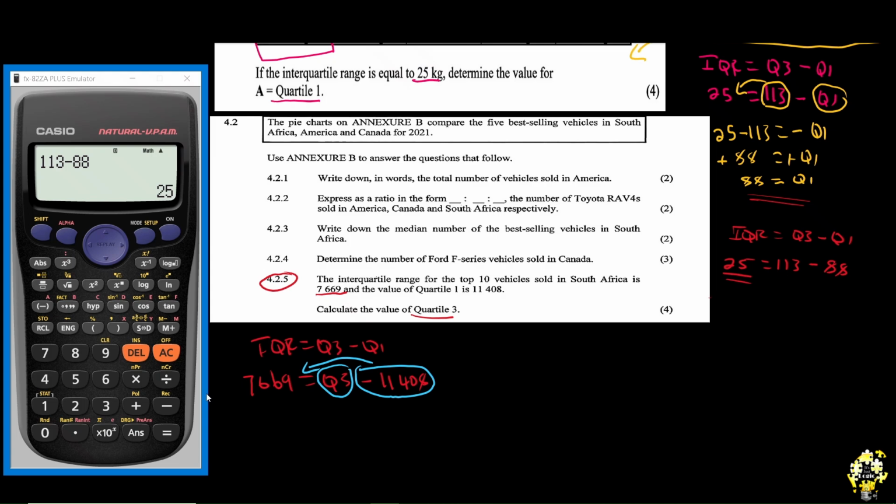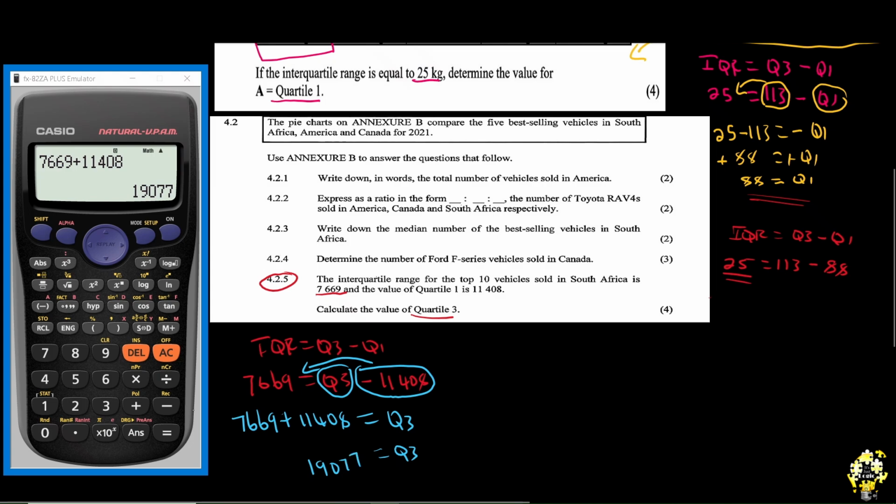So what we are going to do here is say 7669. Because it had a negative, when we send it to the other side, it will gain a positive. So it will be 7669 plus 11,408 is equal to Q3. Now let's go to our calculator and see what it has to say. 7669 plus 11408, you are going to get, so here Q3,